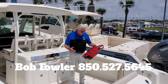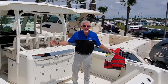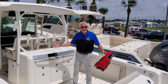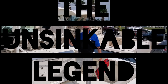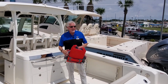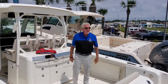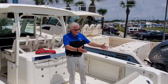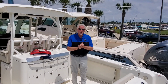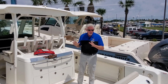I'm standing on the best flotation device built in the entire industry, from 11 feet to 42 feet. Guess what? I'm standing on a Boston Whaler, and this happens to be a 350 Outrage, 35 feet 6 inches long, 10 foot 10 inch beam, weighs about 13,500 pounds with these three massive 4-stroke 350 Verados. Great boat. We're going to look at some of the features and make a quick run through of the boat,